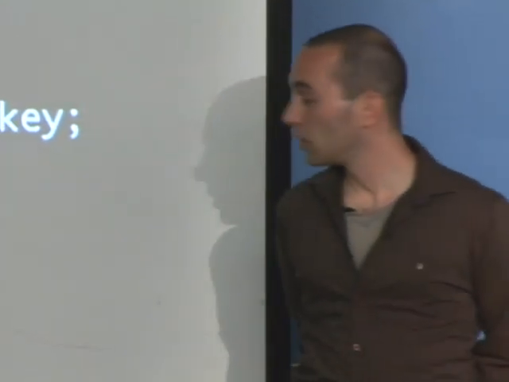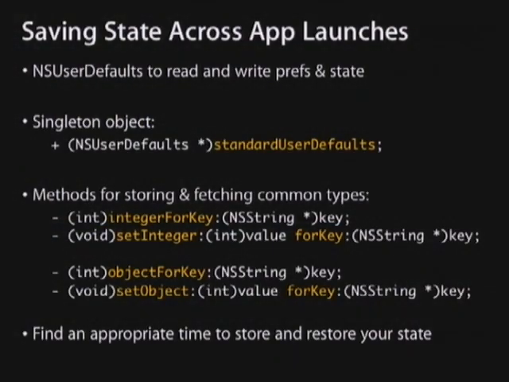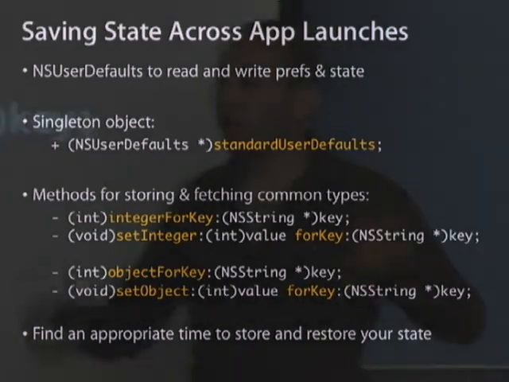The type on object for key and set object, those are IDs instead of ints, just in case anyone gets confused. Right. So I made a mistake here. So object for key and set object for key should not be integers. These should be IDs. Again, ID is your generic untyped object. But the first one's right. I got one of them right. And then again, it's all key value based. So you save it for a key. It saves it by that string, and when you want to get it back, you get it back. So if I save age, I can set it as age, and when I ask for it back as age, I'll get it back again.